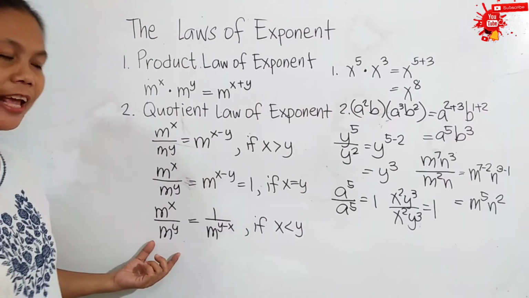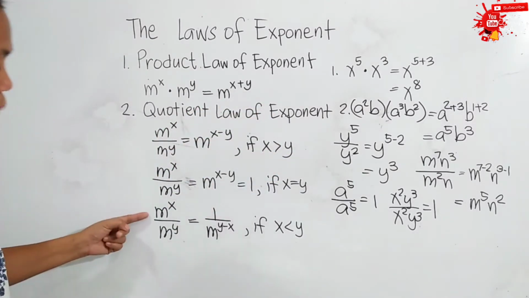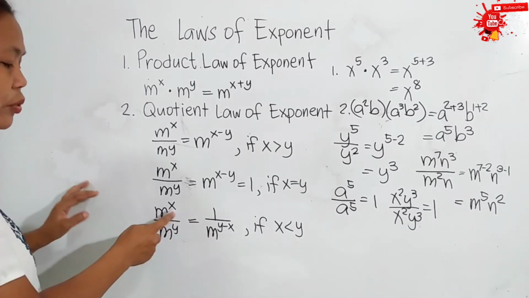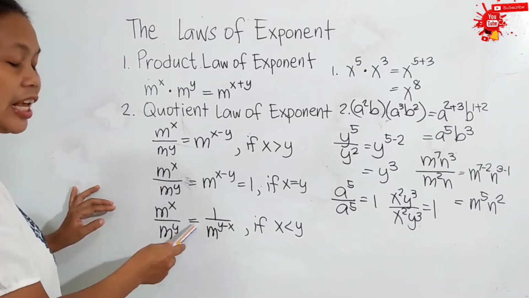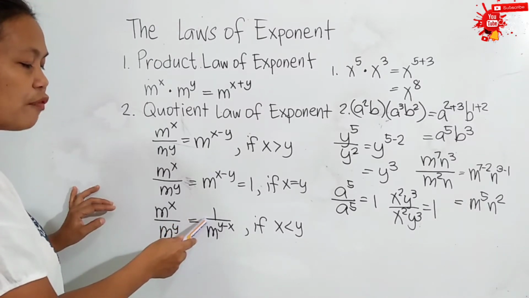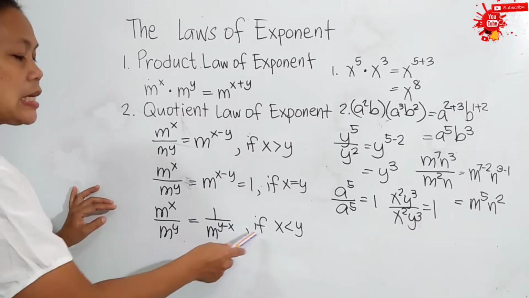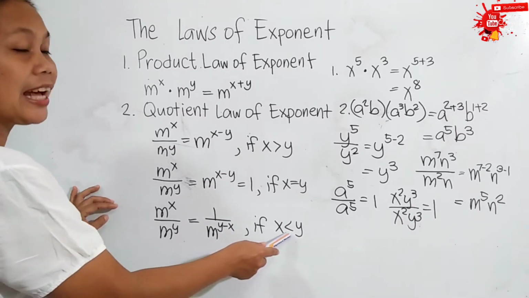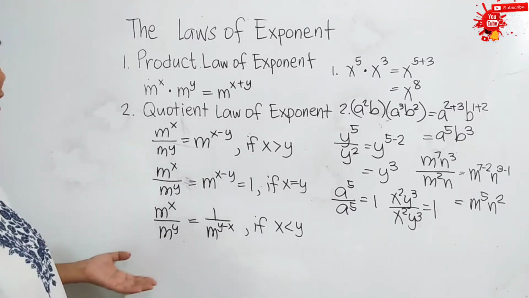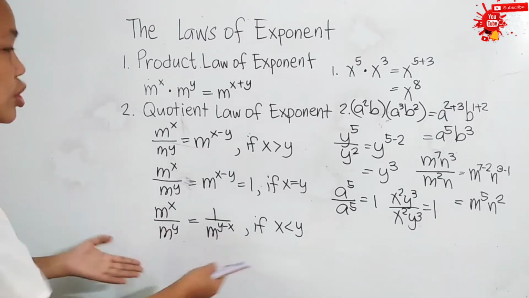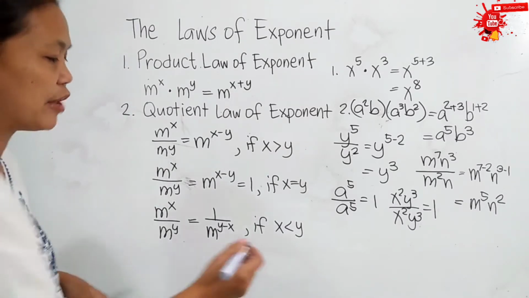Okay? Now for the third case, for the quotient law of exponent, we have here m raised to x over m raised to y. It is equal to 1 over m raised to y minus x if x is less than y. Okay? So I hope you understand this, and you will understand this quotient law if we give examples. So let's say we have here